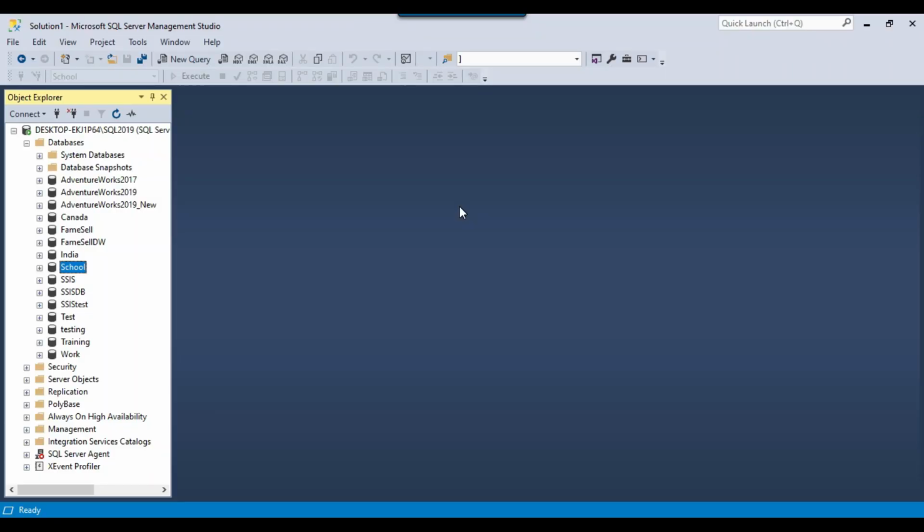This is one of the widely used scenarios for SQL developers, who need to write a SQL query to find the records that exist in one table but are missing from another table. I already created an earlier video using the left join to find those records, and maybe I can share the link to that video as well. But in this video I will show you one of the best and fastest methods to find the records that exist in one table but are missing from the other table.